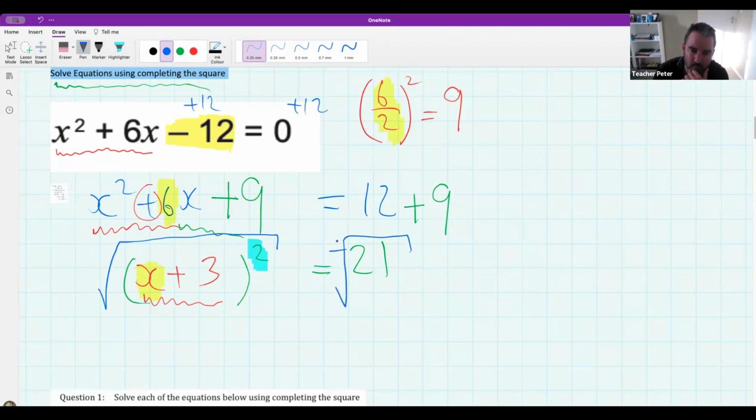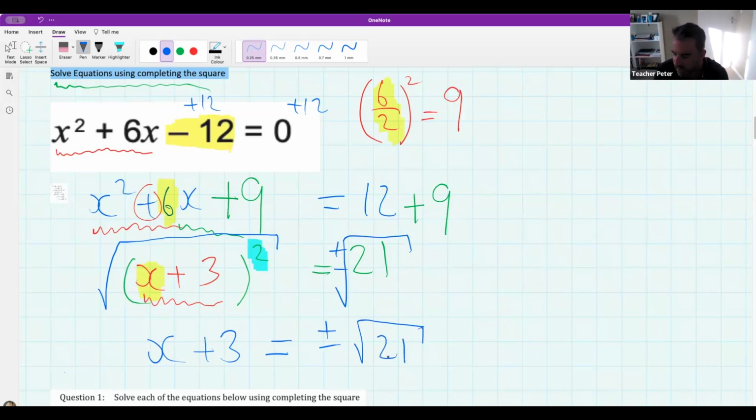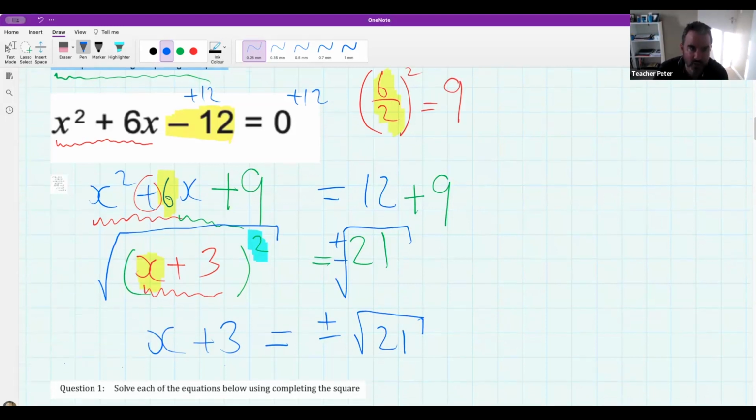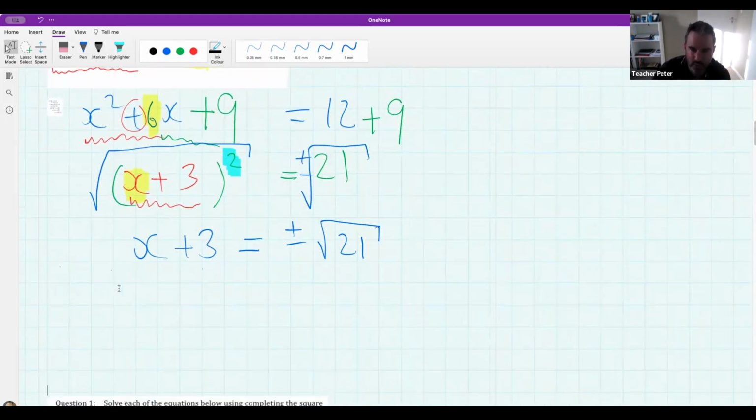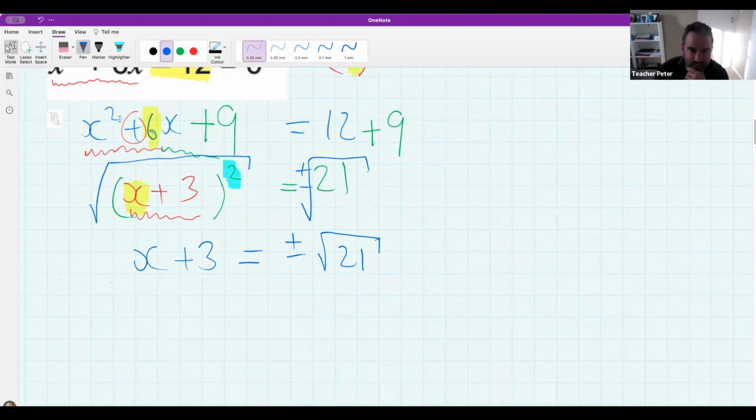Now, when we square root a number, we can get positive and negative here. So it's something to watch out for, that we can get positive or negative. But that's not a problem. So I get x plus 3 equals plus minus the square root of 21. Now, square root of 21 is not a perfect square. And so what we say is it's a surd, or it's an irrational number. So it's going to give us a messy looking answer, but we don't have to worry about that yet,